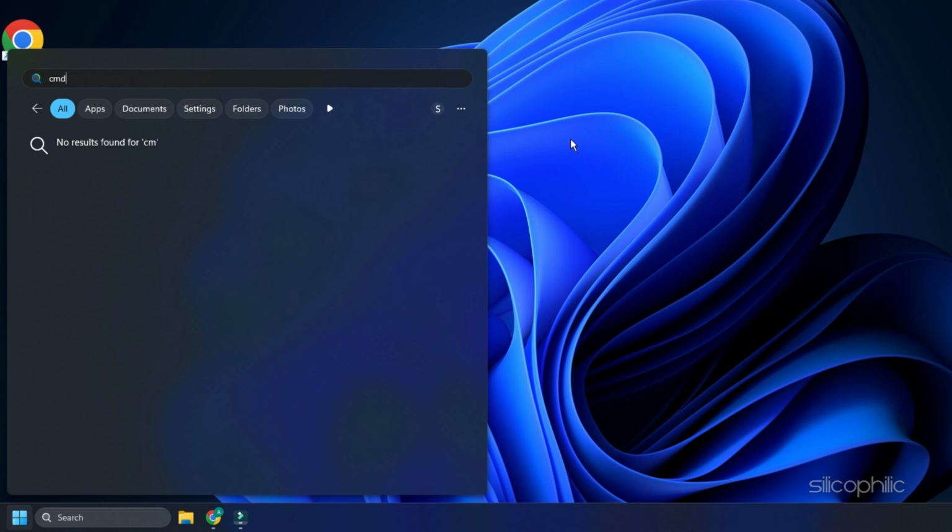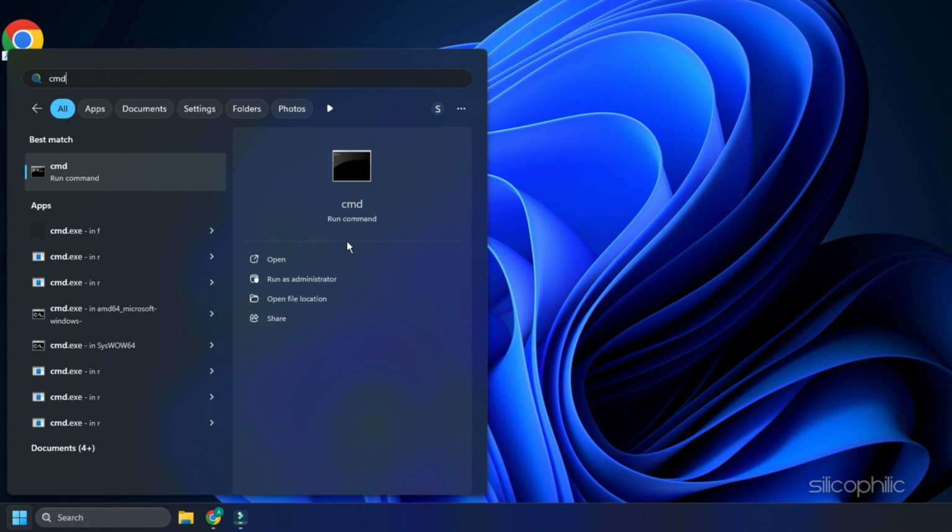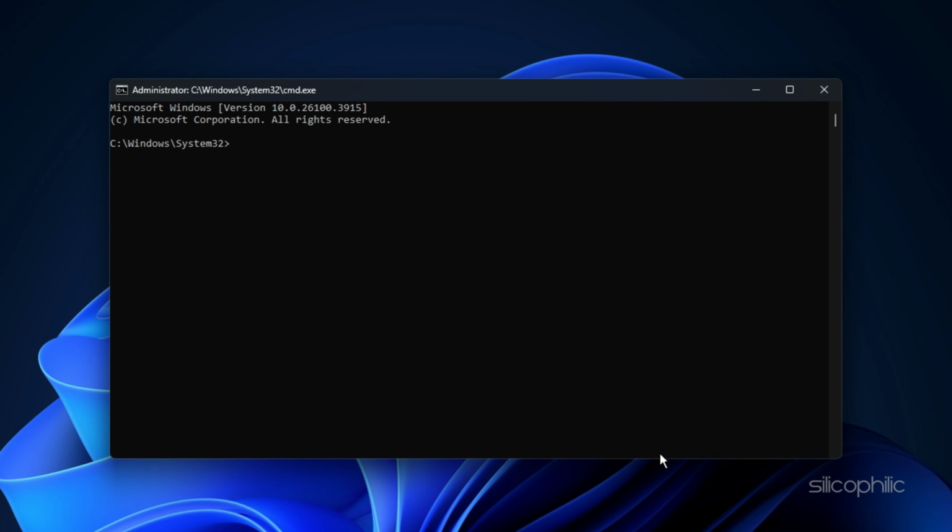Press Start, type CMD. Choose to run Command Prompt as an administrator. Run these commands one by one, wait for each to complete. sfc /scannow. This should scan and repair system files. Next run